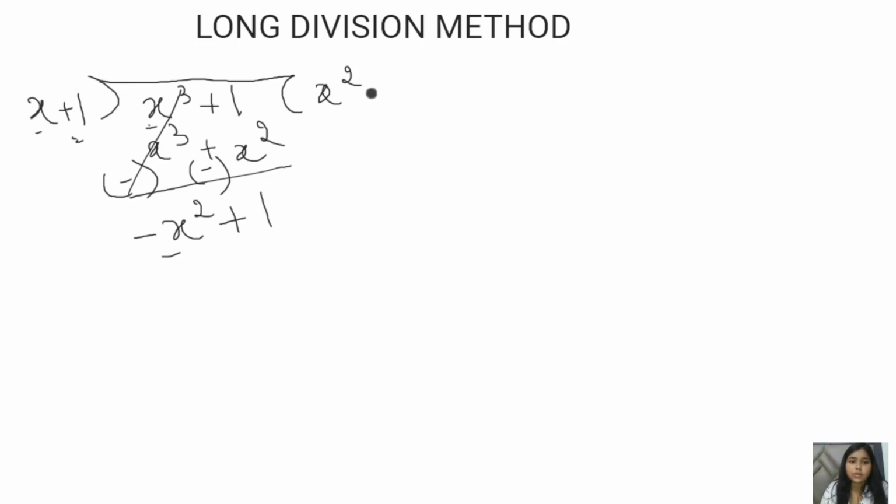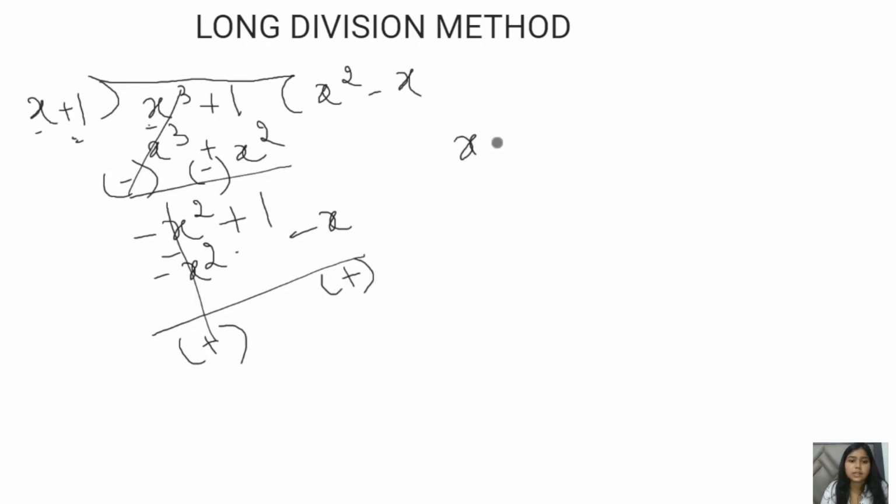So we'll get minus x, what we'll get will be minus x square. Then multiply this subsequent term with this quotient term, which will be like minus x, because there is no x in the above dividend, that is why we are putting it here. Then just reverse the signs, we'll get x plus 1.